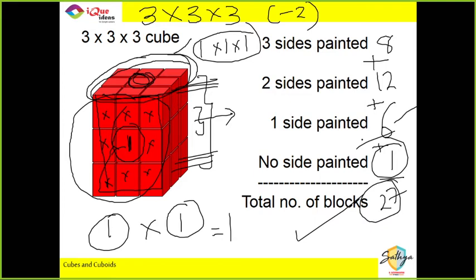It is given that it is cut into 1 by 1 by 1. Yes, Shashwat. If it is cut into some other size, then you have to use that as a denominator. Are we together so far? Okay. So this was 3 by 3 by 3.